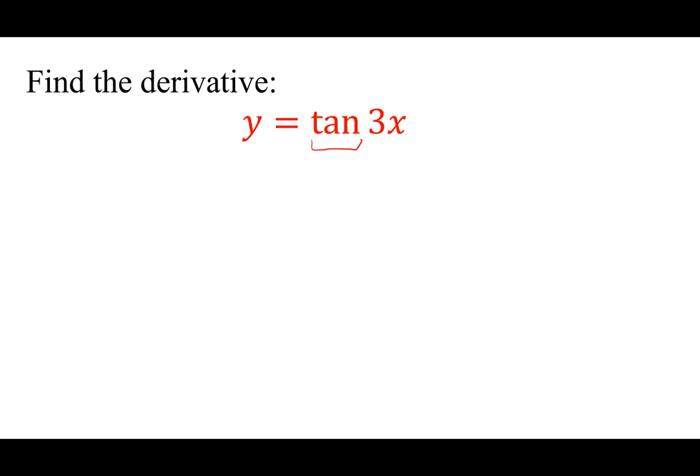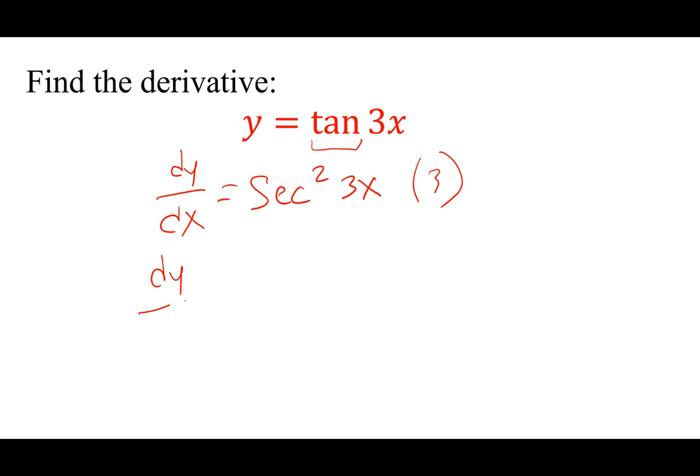I think we could realize that this is definitely a tangent function. So these are also to remind you about your trig derivatives. The derivative of the tangent of something is the secant squared of the same something. Instead of using the new notation, the derivative of the inside would just be 3. So maybe I don't need to show that work, which means my final answer is going to be 3 secant